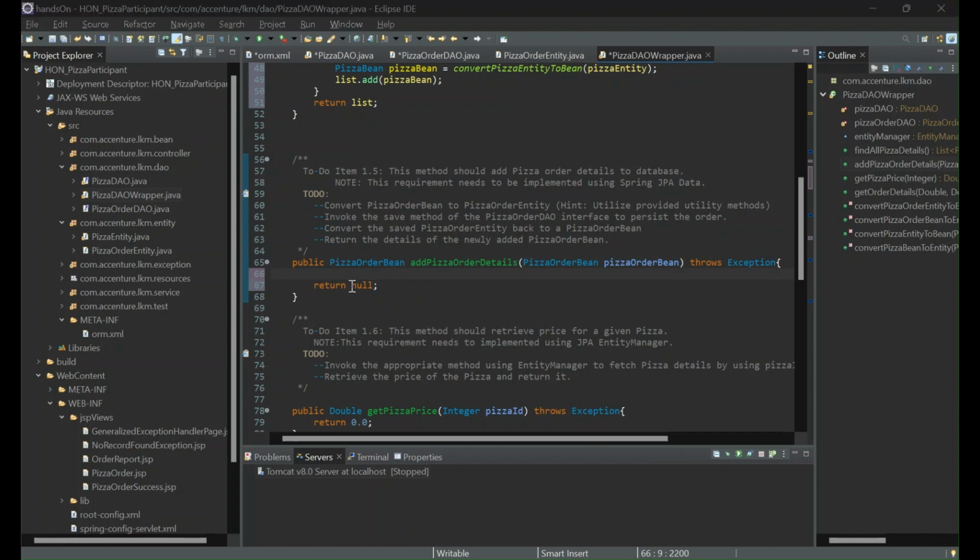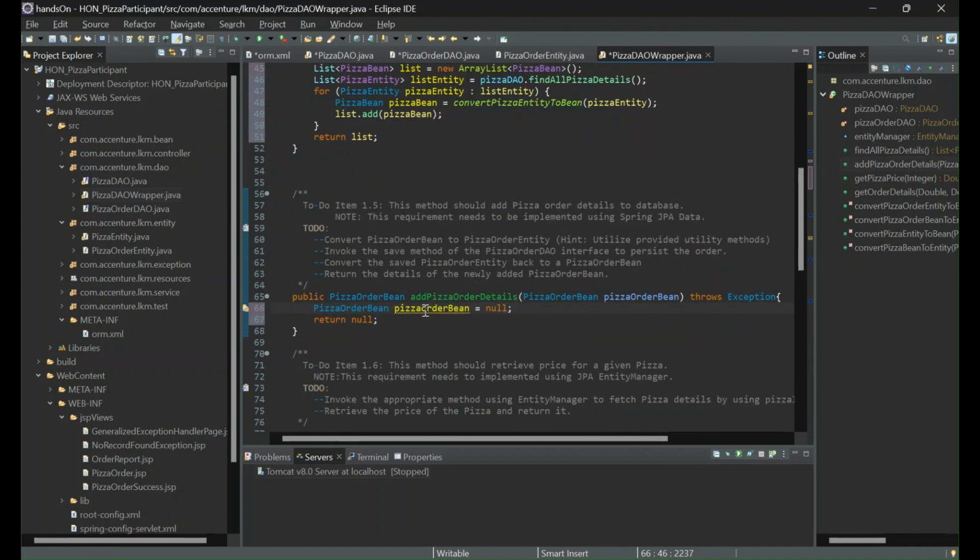Since we are getting pizza order bean, so let's create a reference and an object of each. Let's assign it as null as of now. I hope I didn't use same name anywhere,